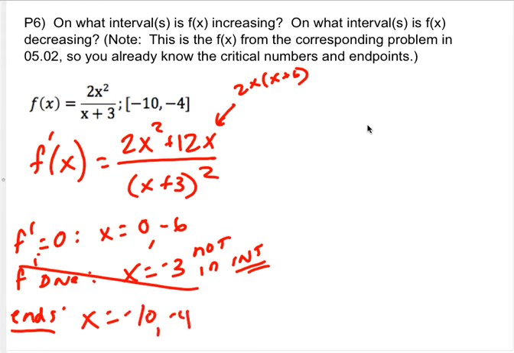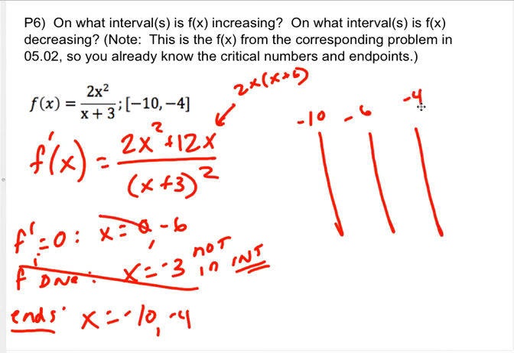So that's what has to show up on my sign chart. So on my sign chart, I have a -10, a -6, a negative, oh hey, 0 doesn't show up in my thing. I should have noticed that in the last video, my bad. So 0 is a critical point, but doesn't show up on the thing, so that's all we need. Sorry, my bad. So we have a 2x and an x plus 6, and we have an x plus 3